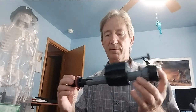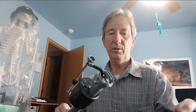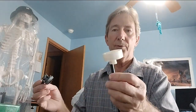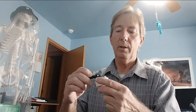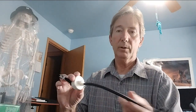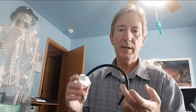Hey guys, if you ever needed a cheap water valve, you might look into these Fluidmasters for a toilet. But for $10, they're not bad. Now, using the valve system as it is is a little awkward, but if you just take off the part of the valve that has the diaphragm in it and pretty much get rid of the rest of it, 3D print your own valve body, then you can use these for hooking up your inlet and outlet of a